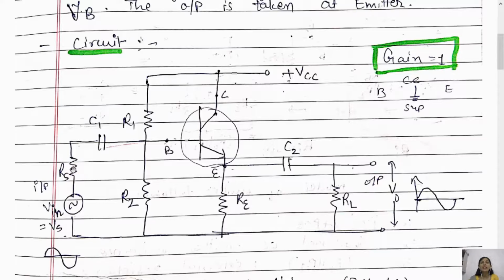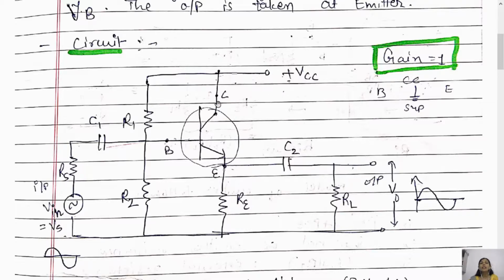So simply we can understand from this figure the input, this is V input or V source, right? A sine wave is denoted here for explaining the V input. This is the source. The source is applied to the base through coupling capacitor C1 and output is collected from the emitter terminal, which has an arrow shown, right? From the emitter terminal we are collecting the output, right?